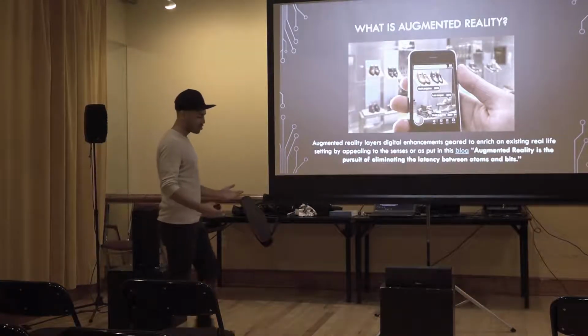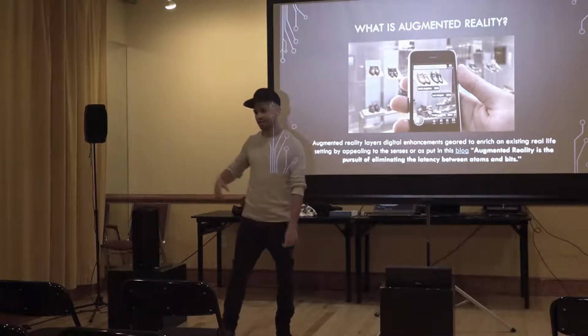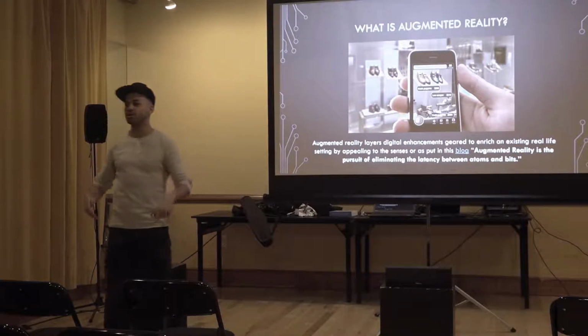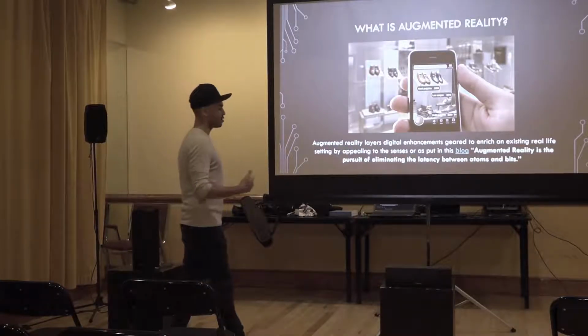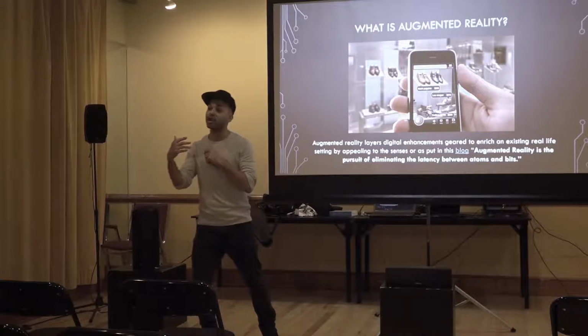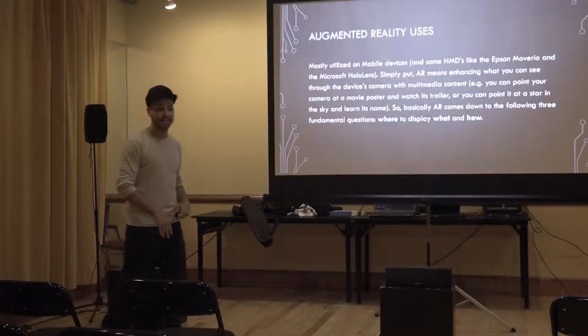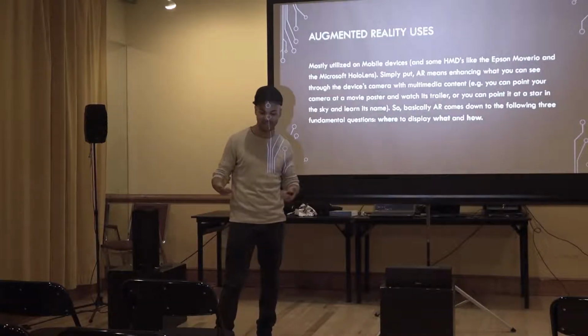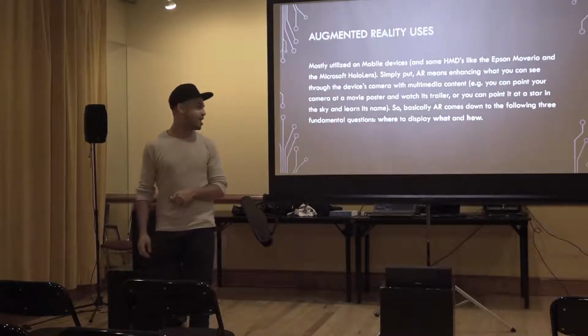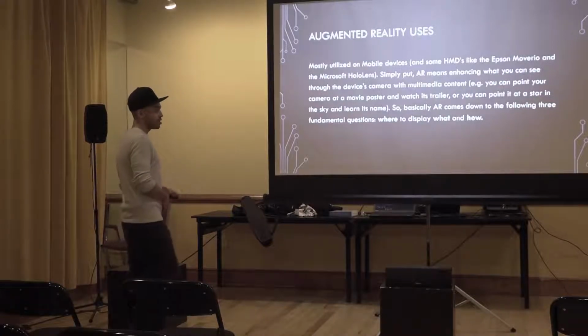So what is it? Essentially, all augmented reality is just overlaying some 3D objects in our real world. That doesn't necessarily mean they're spatially aware. However, that does mean you can interact with them. Sometimes you use targets, so wherever a target goes, you'll display a certain 3D image on it. And it's mostly utilized on mobile devices.